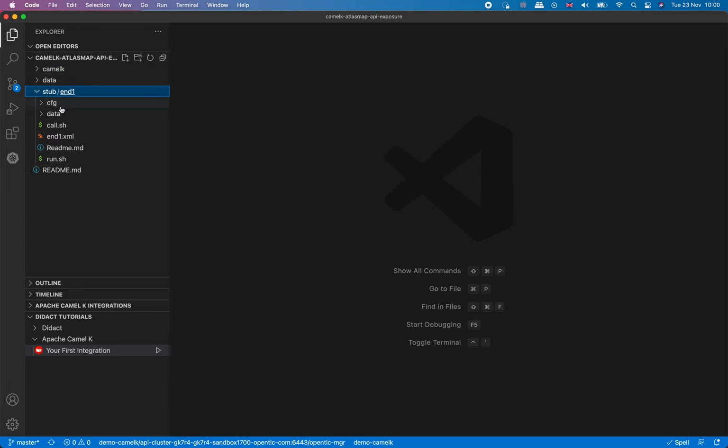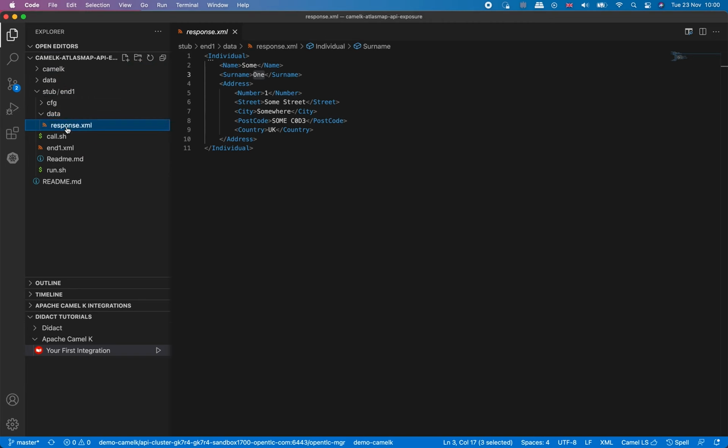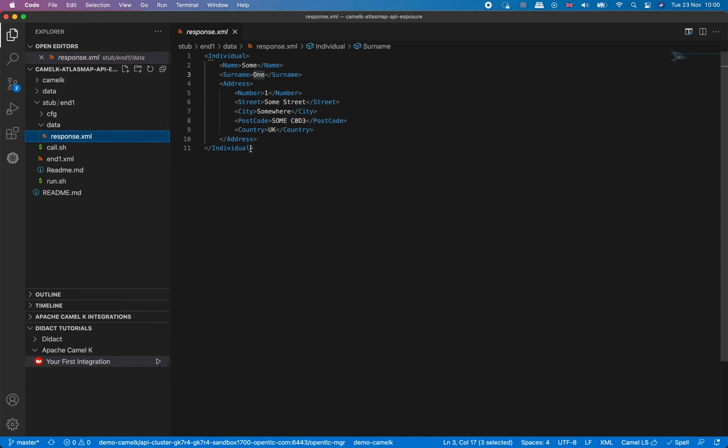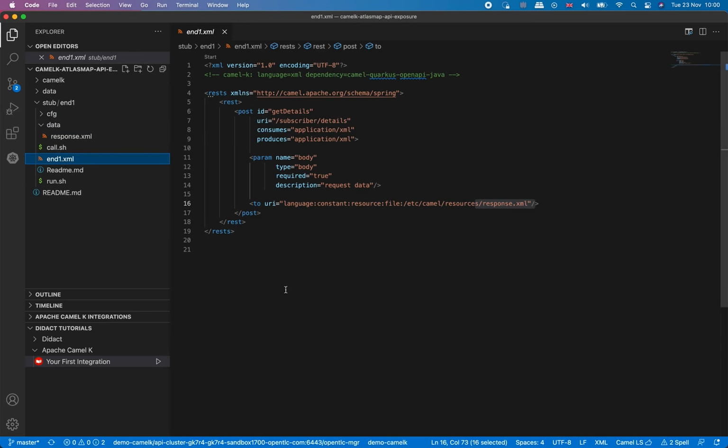So we have the sources here. And what I'd like to show you first is the payload that we want to use to respond. So as you can see, it's an XML payload with a name, a surname, and an address. And this is a non-flat structure with some random data. What we define as well is the Camel K integration, which in this case is very simple, it is just using